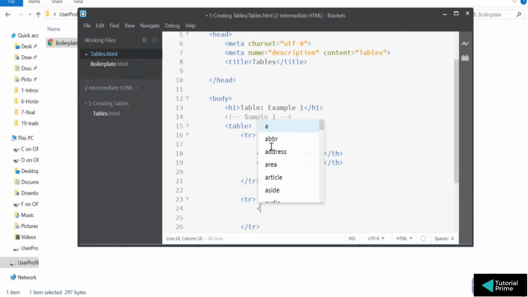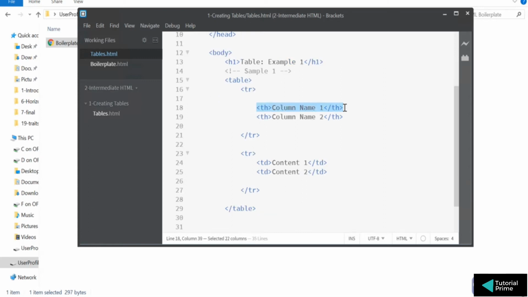Right, so let's add the data now. So I'm say content 1, that's nothing but your column. Okay, what you're trying to do here is this is the first column, this is the first content in that column, and then you're gonna have second column, and this is the content in the second column. Okay, and how you're creating the new lines inside the table, you're using the TR, which is nothing but the rows. Okay, so after this we're going to write a new line, and then let's look at an output of this table.